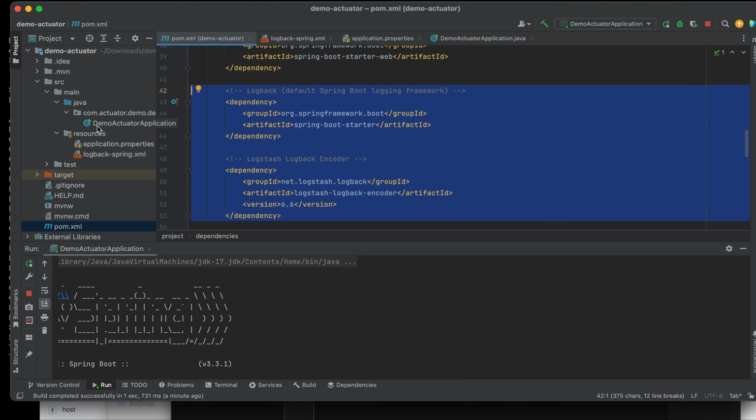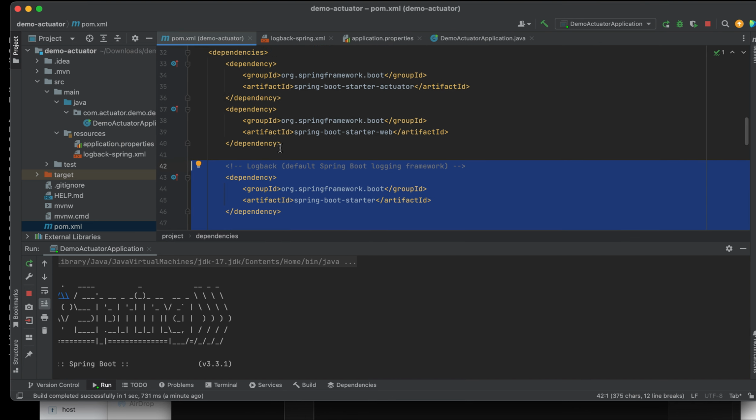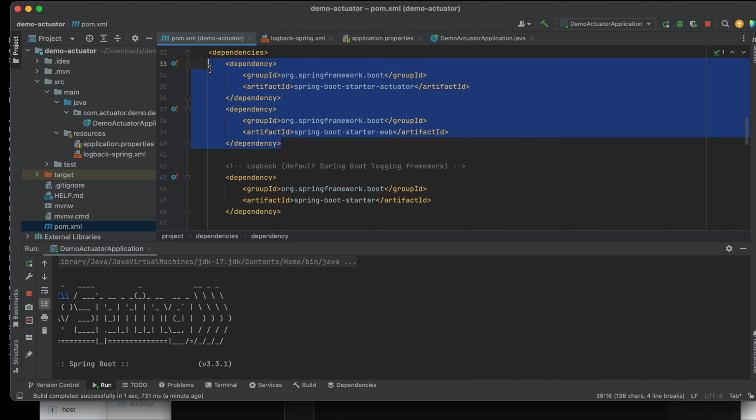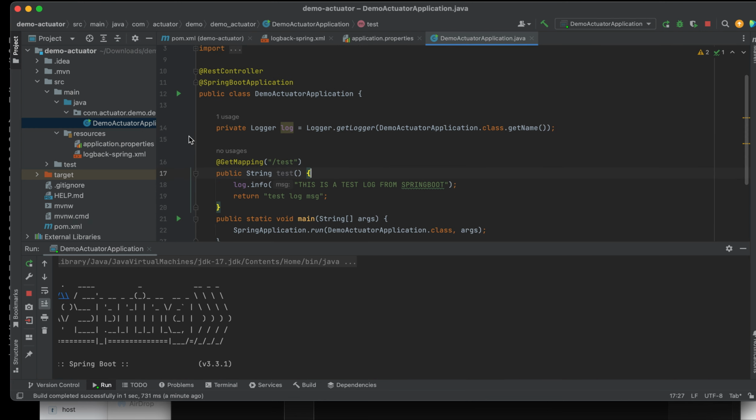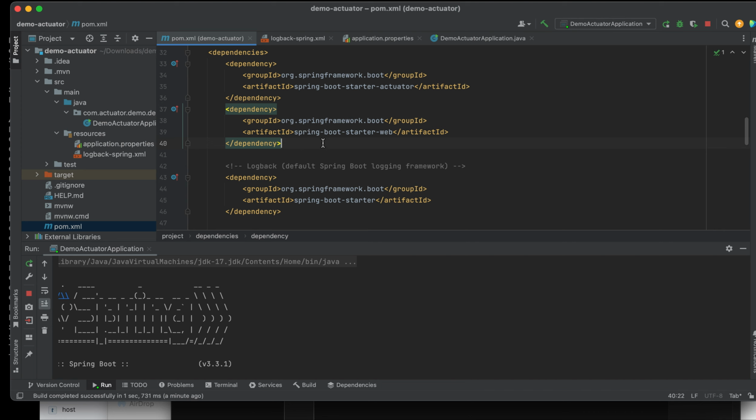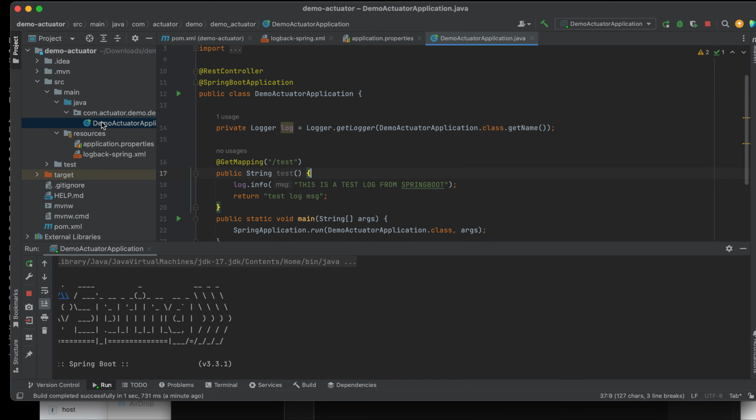As you can see, I have other libraries here, but they are not required. But since we are using a REST controller here, that's why I added this starter web. So we're going to test this application.